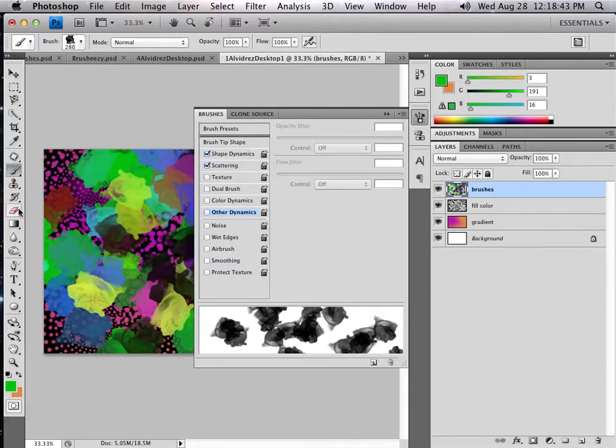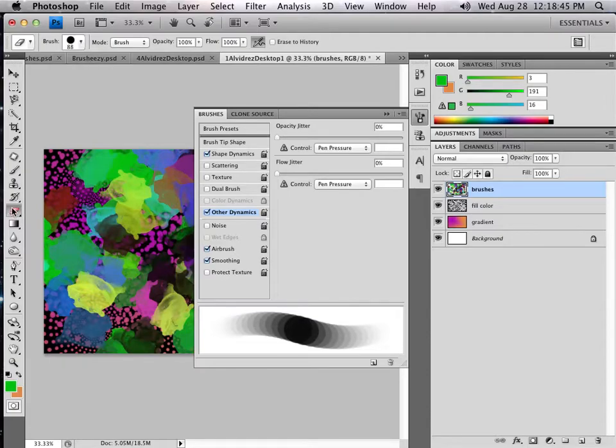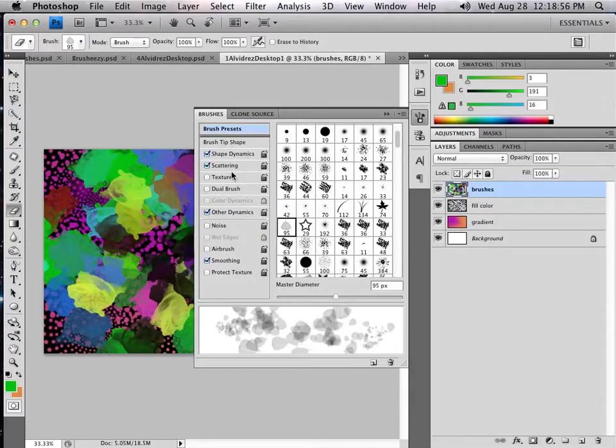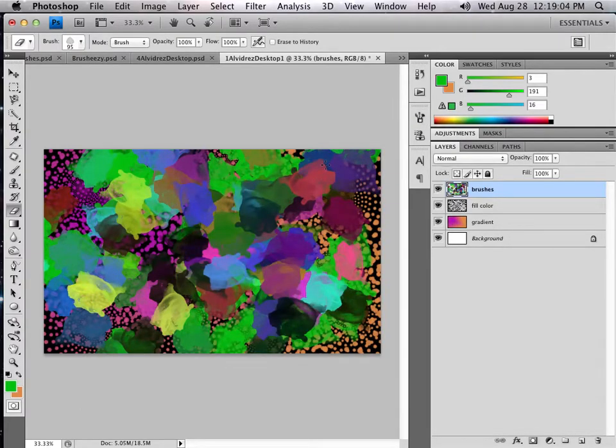Okay, and just a word, you can mess with your eraser also in the brushes palette. Okay, so don't forget that. Just as if you wanted to erase in this leaf shape, you can do that. Shape dynamics, scattering, all those things except for your color dynamics. Color dynamics won't work with the eraser since it doesn't have color. So there's a few things that you can try out